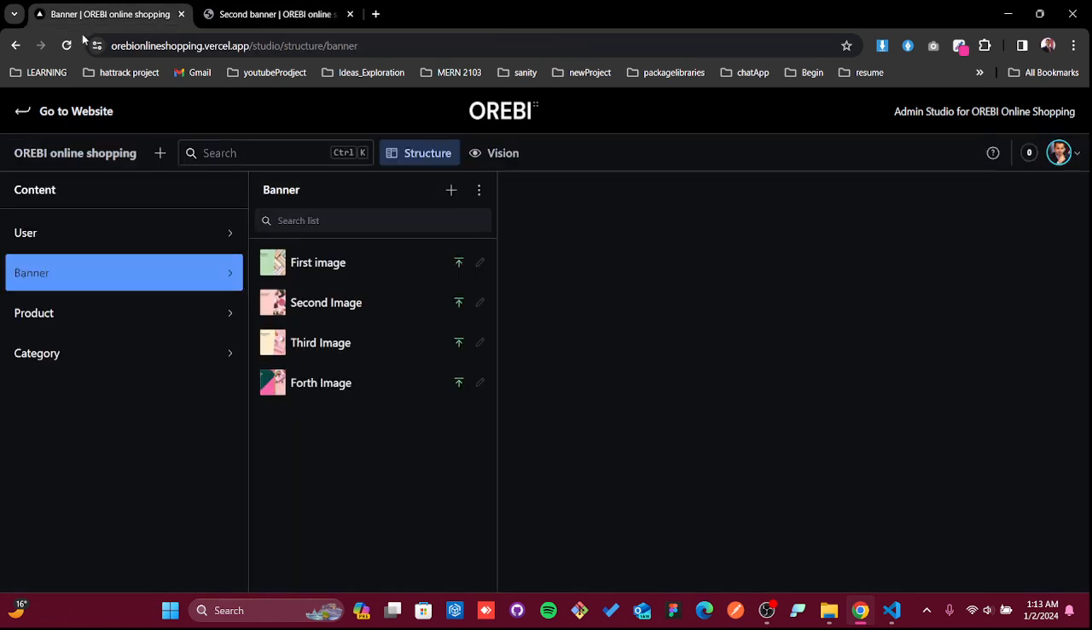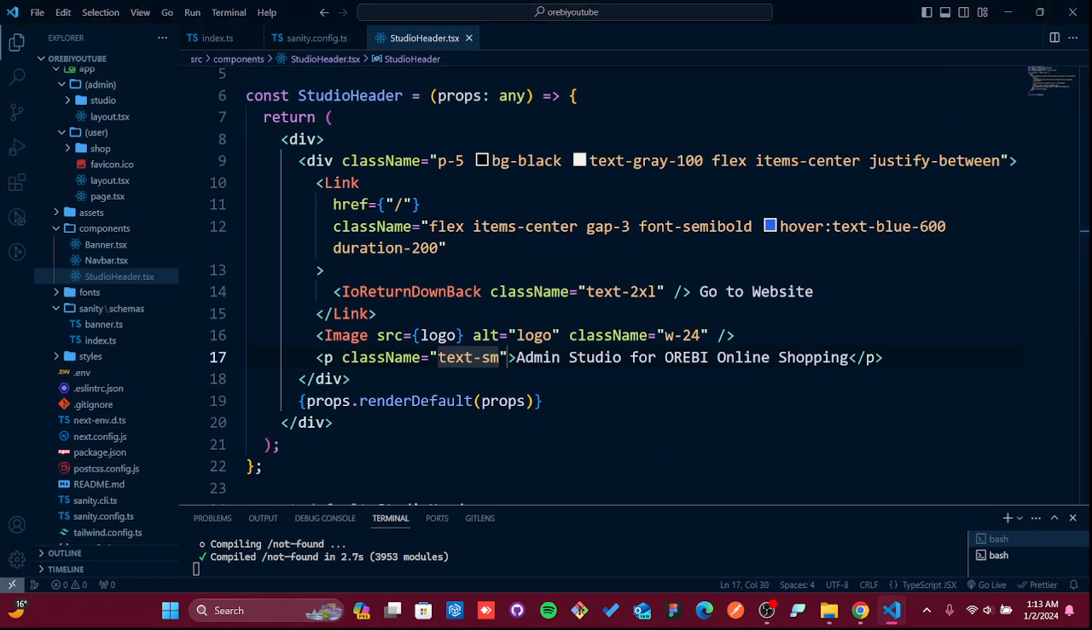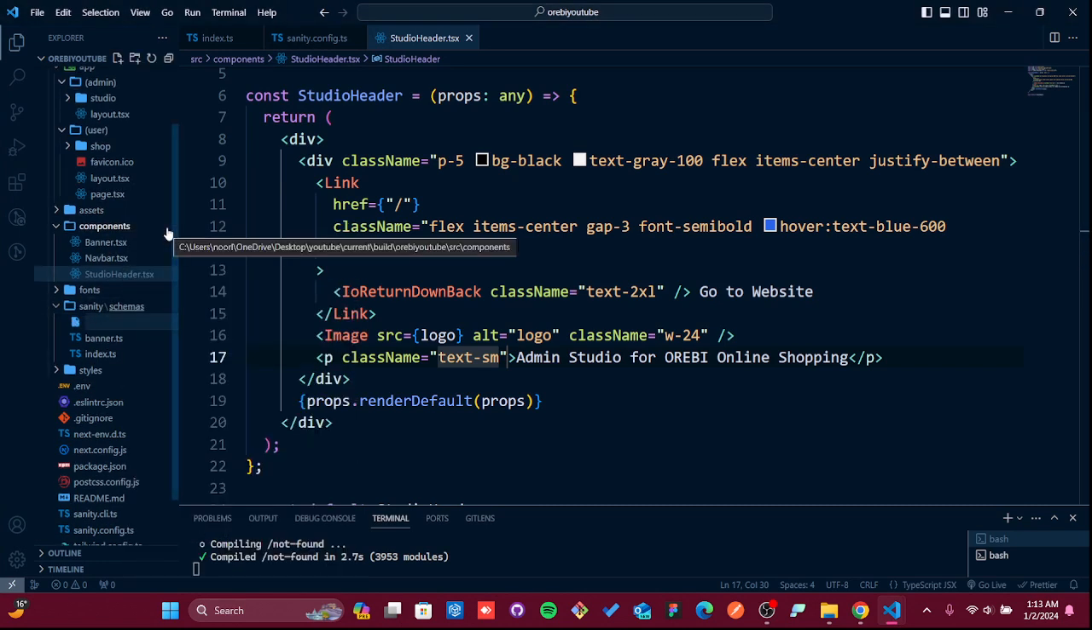So now as you see, we're gonna create two more things. One is category, one is product. These two particular schemas we need to implement. So first things first, let's go and create the product. So let's go to Sanity and schemas. We're gonna get that